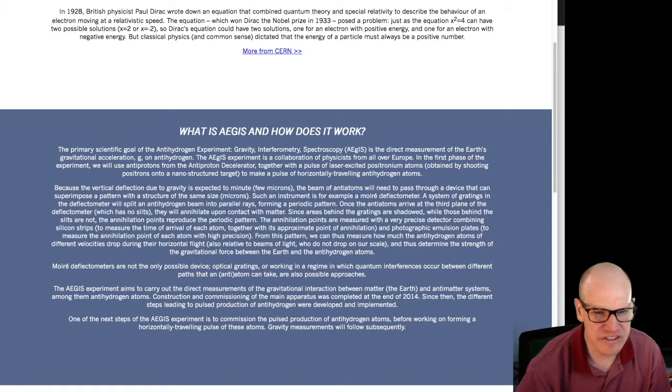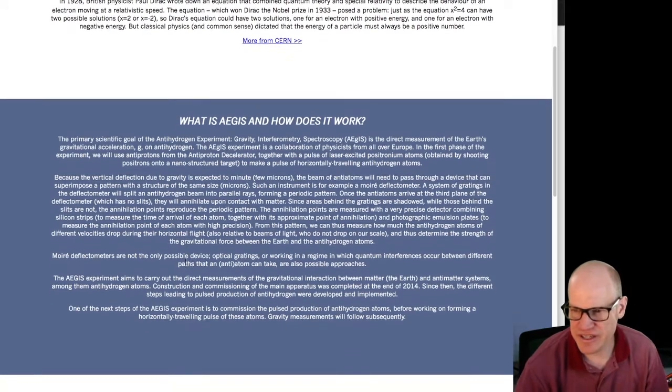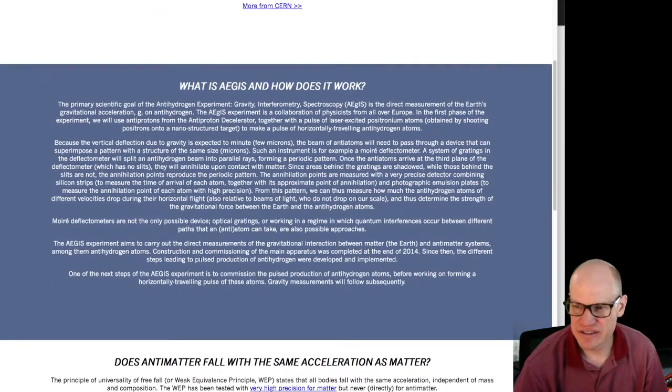from this pattern, we can thus measure how much antihydrogen atoms of different velocities drop during their horizontal flight, because they're going in a beam relative to the beams of light, which do not drop on our scale, and thus determine the strength of the gravitational force between the Earth and the antihydrogen atoms. Anyways, this is the experiment they have, is to check out the